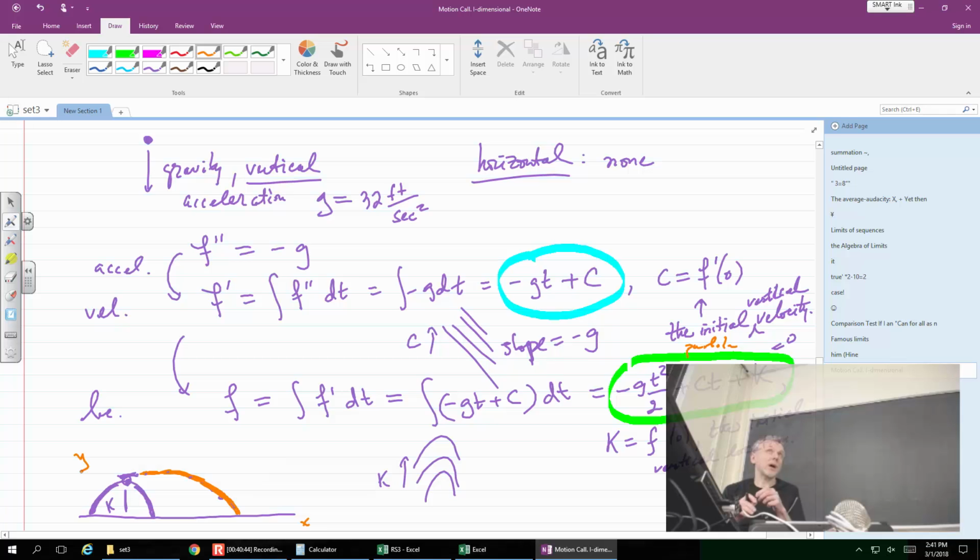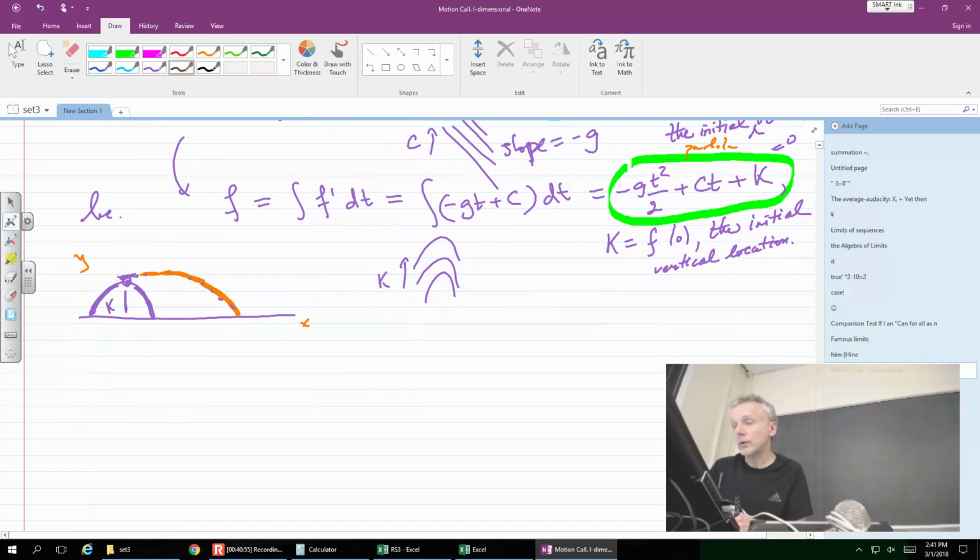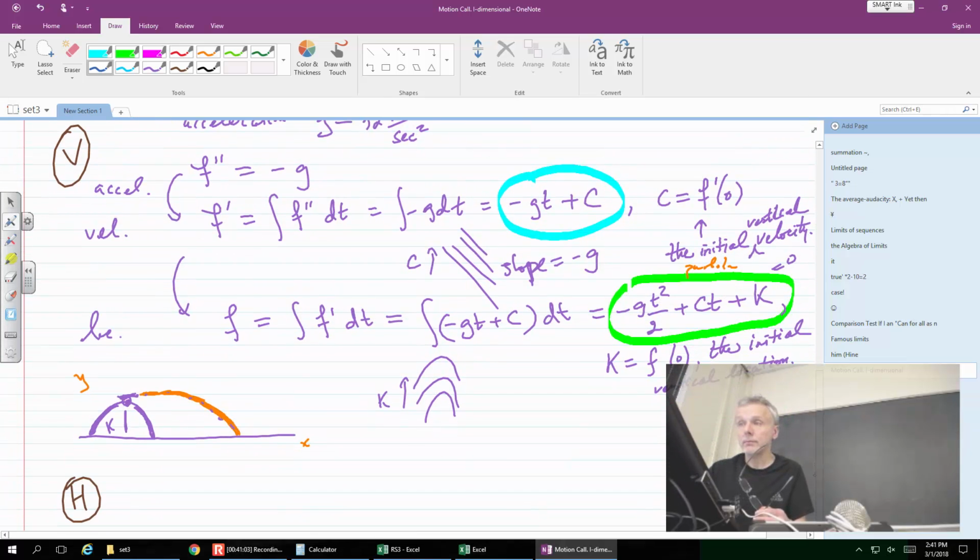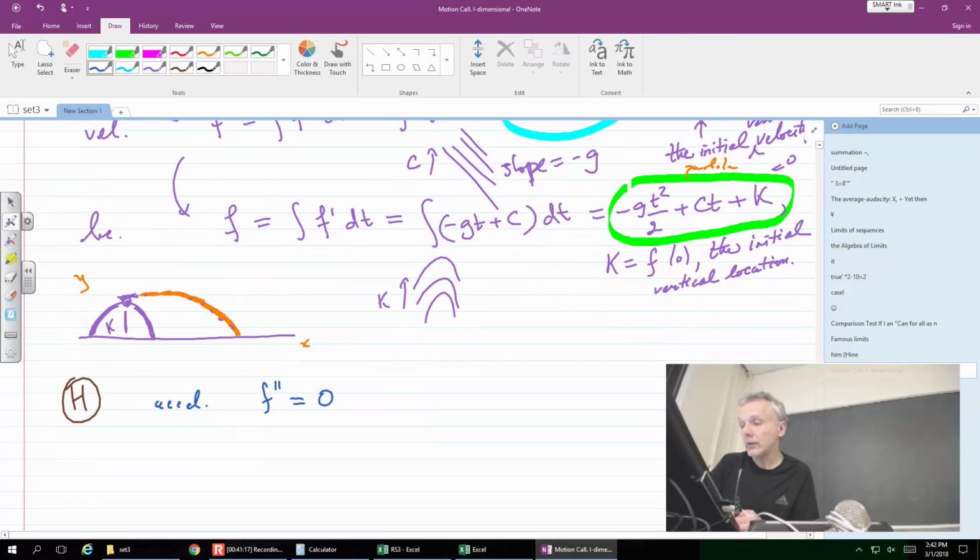So in other words, we would not have this picture unless there is some horizontal component to your motion. So, well, you just progress from vertical to horizontal. Okay, things are way simpler because there is no force. But the plan is the same, so we just have acceleration, which is 0. F double prime is 0 this time. Okay, so it only makes our life easier. Anti-differentiation will be easy. So we get velocity, which happens to be not linear anymore, but rather what? It is